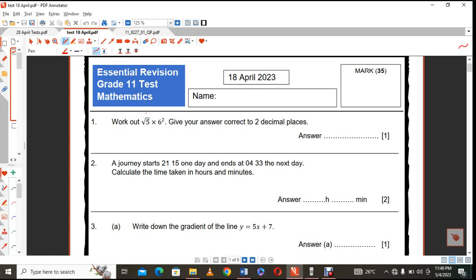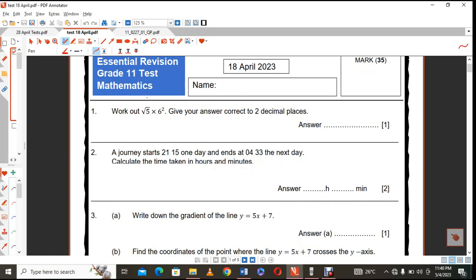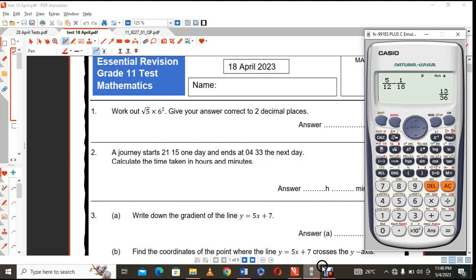So one of the tests that I gave to my grade 11s. The first one is you were supposed to use your calculator in order for you to get the answer correct to two decimal places. So root 5 times 6 times 6, which is basically 36 there. And that answer you should give to two decimal places. So let me just write down what that answer is. So it's